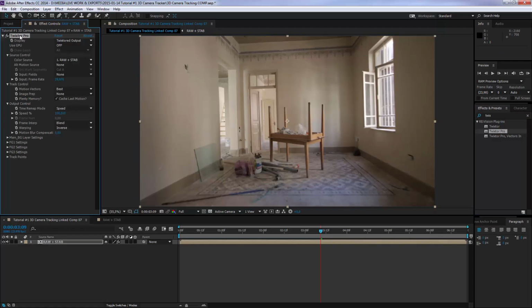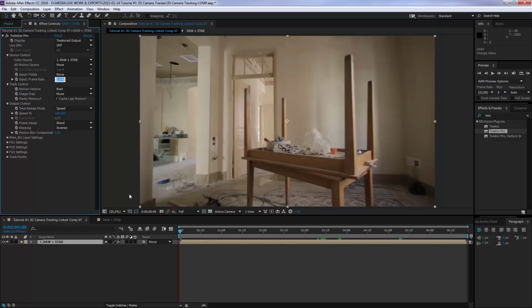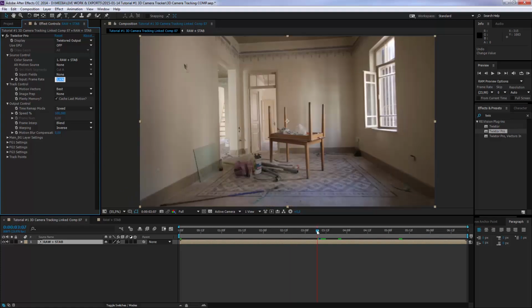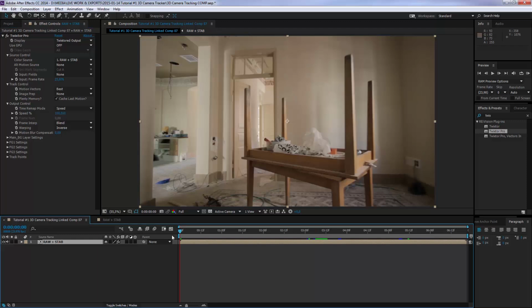And in the effect controls panel here, we see a lot of really confusing things, but the only things we need to change are two fields. So first we have the input frame rate. Our footage is 23.976. The second thing we want to change is the speed value. Since we want to cut the clip kind of in half, we try it with 50% of the speed. But there's a huge mistake you can make, and I don't know why it's like that, but just follow me here. What you do if you want to have 50% on the whole clip, because the clip is actually longer to the front and longer to the end,